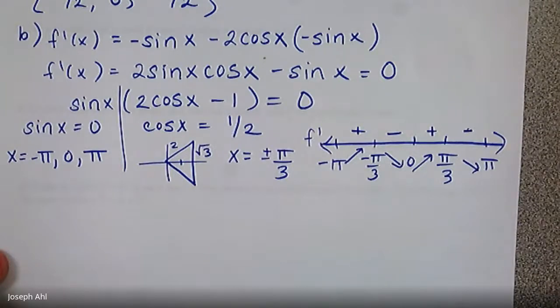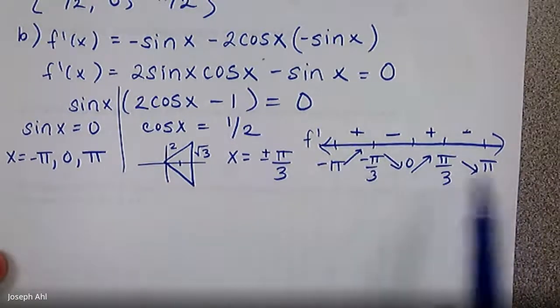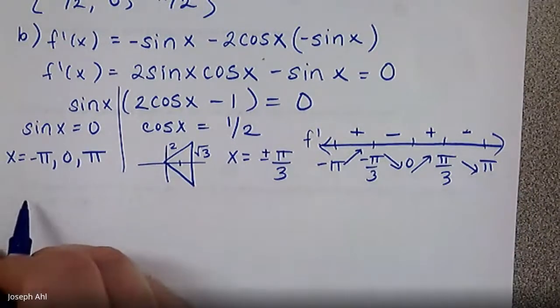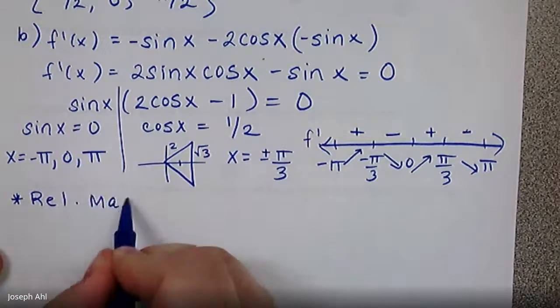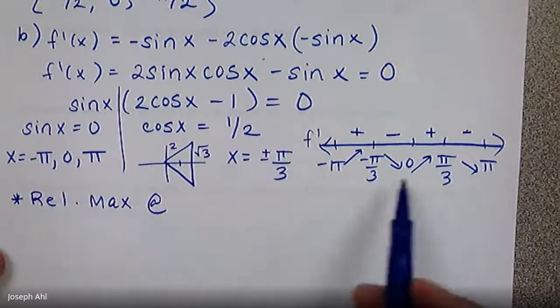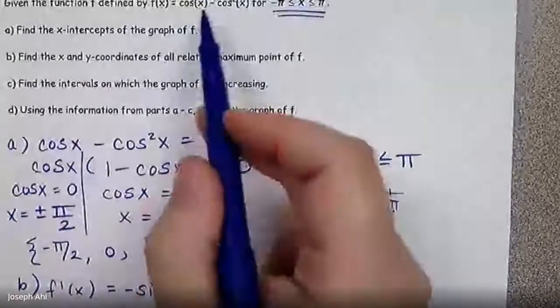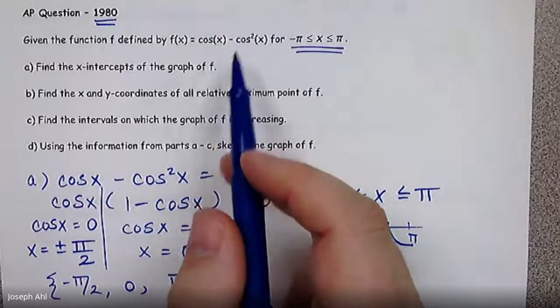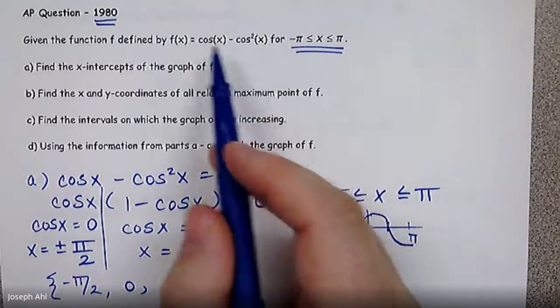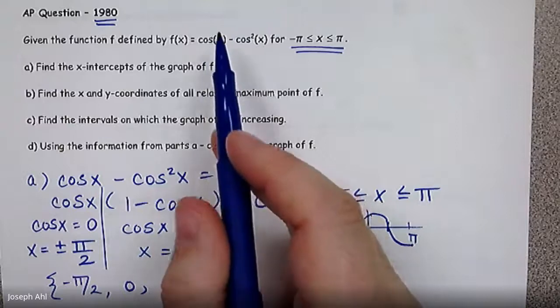Okay, are those absolute max coordinates? Maybe not. I guess we'd have to check the endpoints as well. But we know that we have relative max at, well, if I plug in negative pi over 3 for the original, remember that cosine of negative pi over 3 is going to be a positive quantity. Cosine's positive in quadrant 4. So cosine of pi over 3 is a half